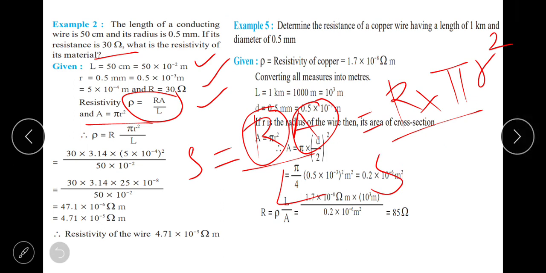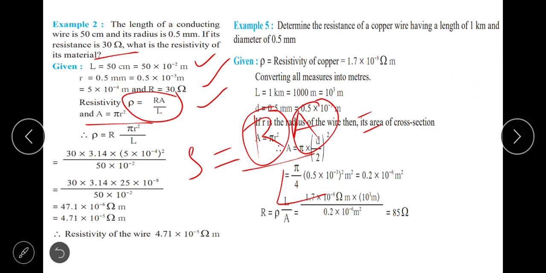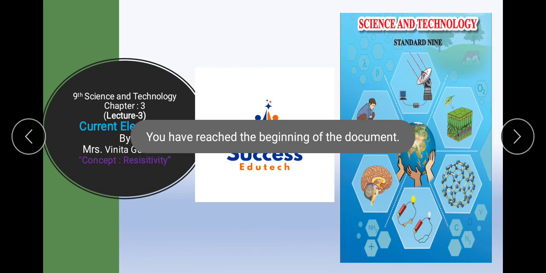Look at the calculations what they have done. See, they have written the value of resistance, pi value, r value, square it, just square it. Instead of writing 0.5 into 10 raised to minus 3, you write it as 5 into 10 raised to minus 4, because 0.5 is written as 5 divided by 10, and when this 10 comes in the numerator, it will give you 10 raised to minus 4. Square it and just take pen and paper to calculate this answer. Once you get the answer, do mention in the comment section. If there is any doubt, it will be solved.